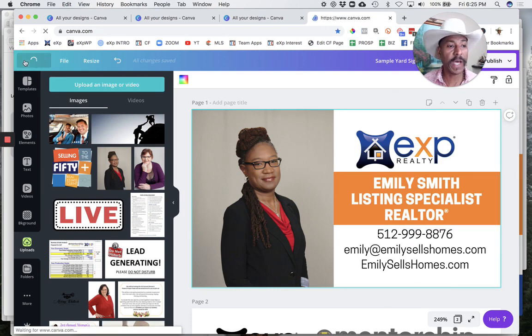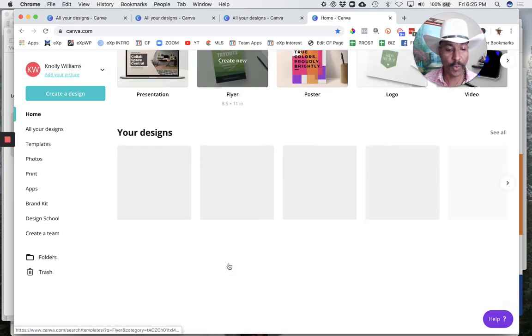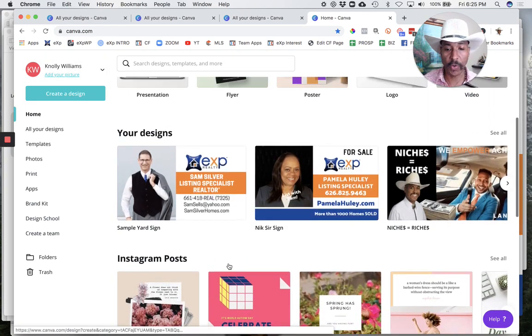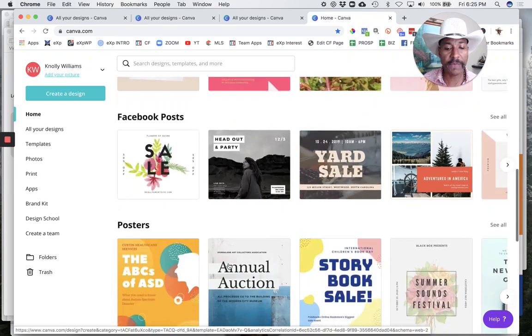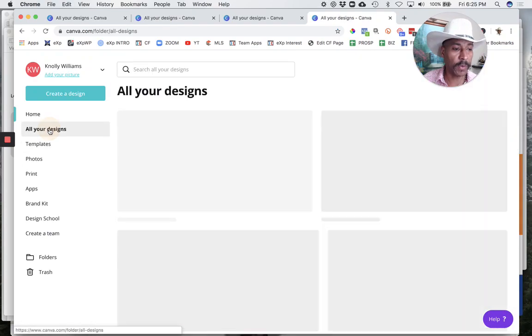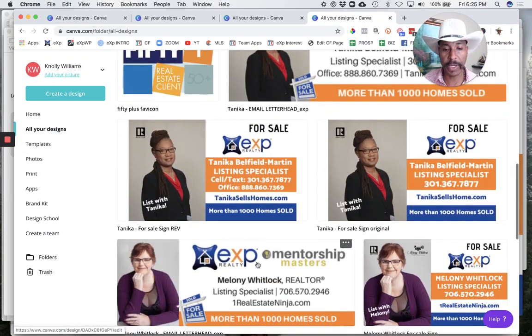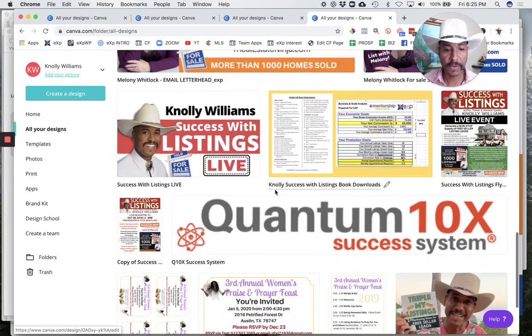the actual design that I like to use is the one that has the over 1,000 homes sold. So you can change it out if you don't want to use that one, but I prefer that one. So let's go mess with that one right now. That's going to be,